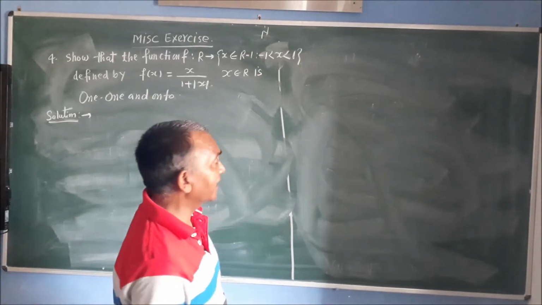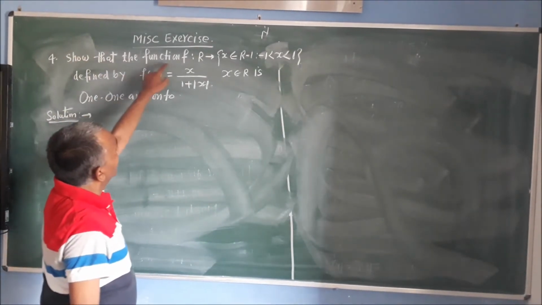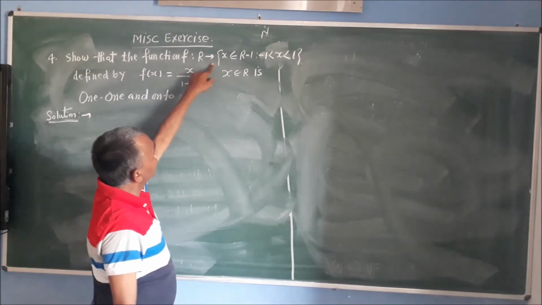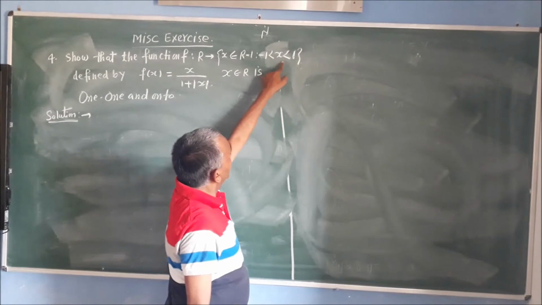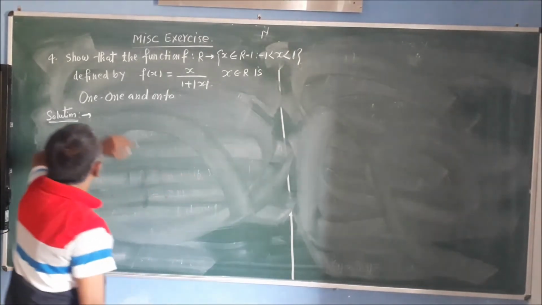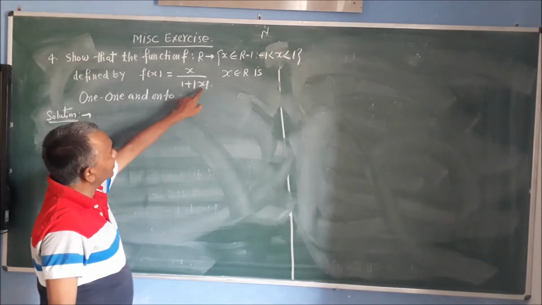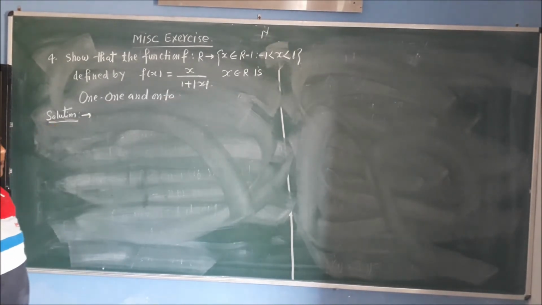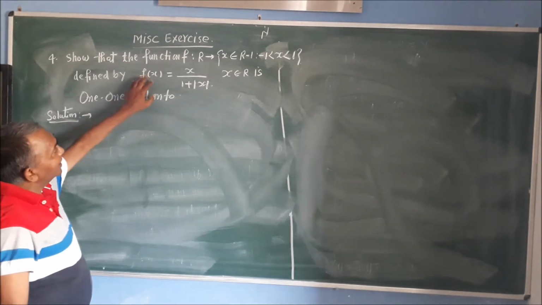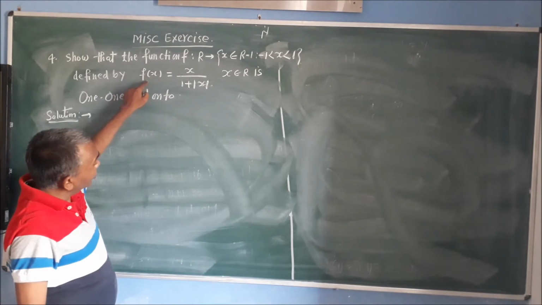Number 4 of the miscellaneous exercise. The question is: show that the function f from R to (-1, 1), defined by fx is equal to x upon 1 plus mod x, where x belongs to R, is one-one and onto. We have to show that here x is an element of R and fx is in R,